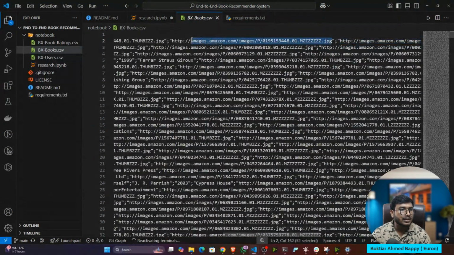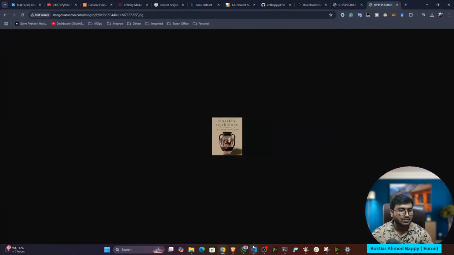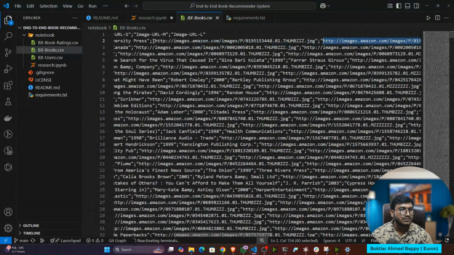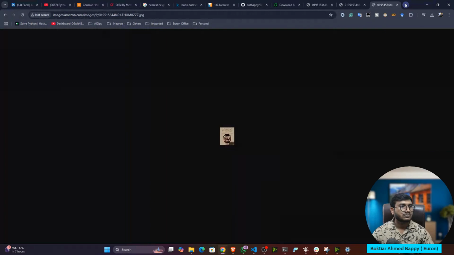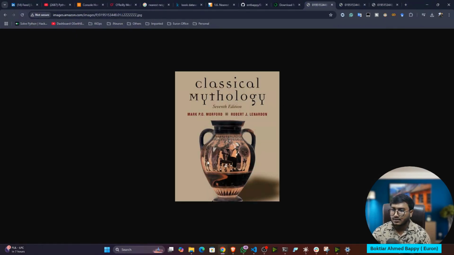This is the medium one, I think, the medium size poster. And the first one is the small size poster. See, this is the small size poster, this is the medium size, and this is the large size. I think you got it, right?